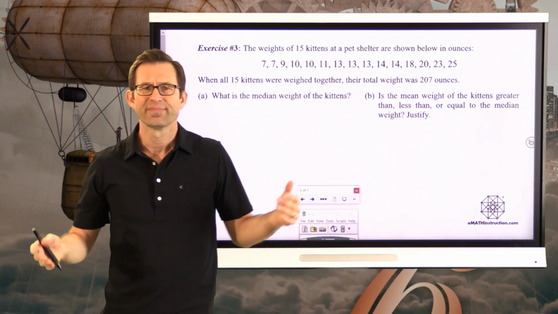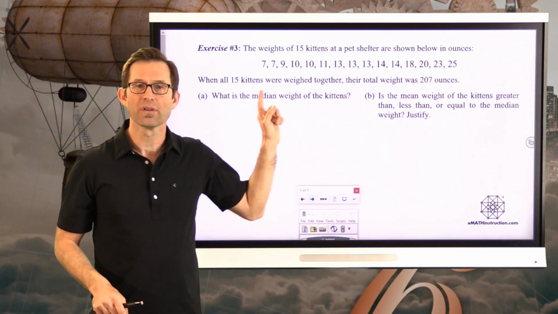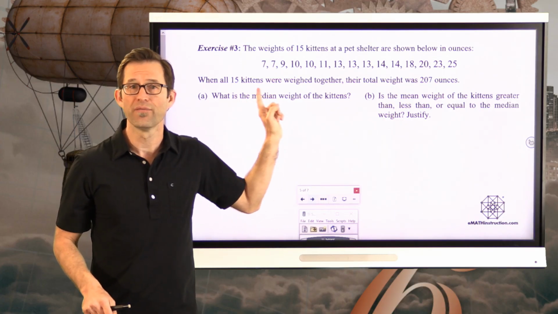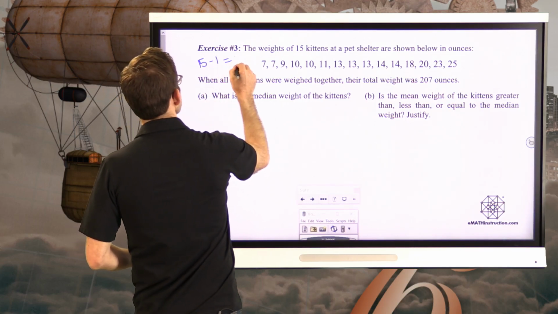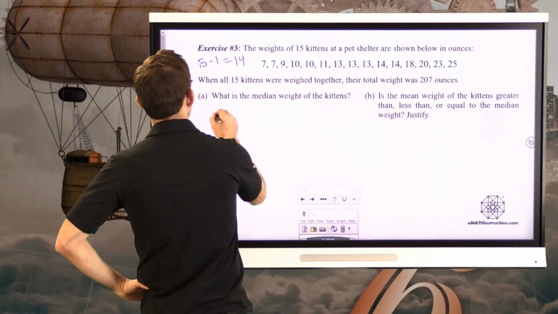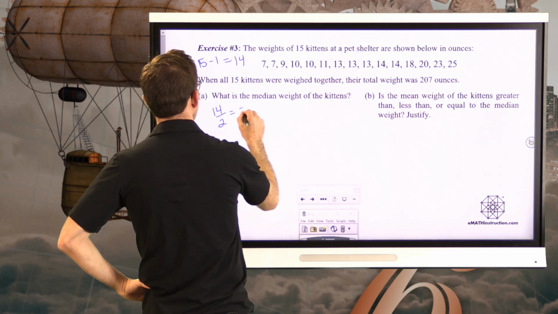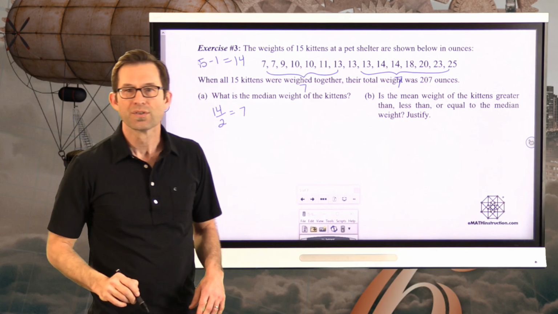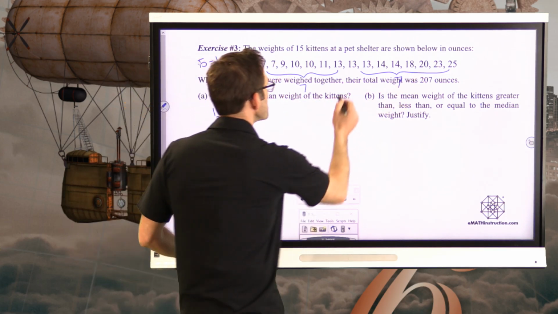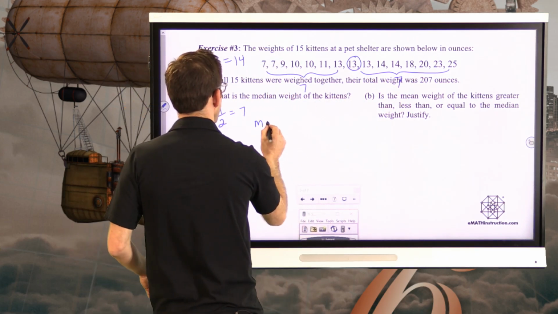All right, that's fine. What I tend to do, especially when there's an odd number of data points, is I take one away, right? So let's say there's 14. And then I take that 14 and I divide by 2 and I get 7. Now, why do I do that? Well, 1, 2, 3, 4, 5, 6, 7. Here's 7 data values, right? So there's 7 below, 7 above, which means right here, my median,